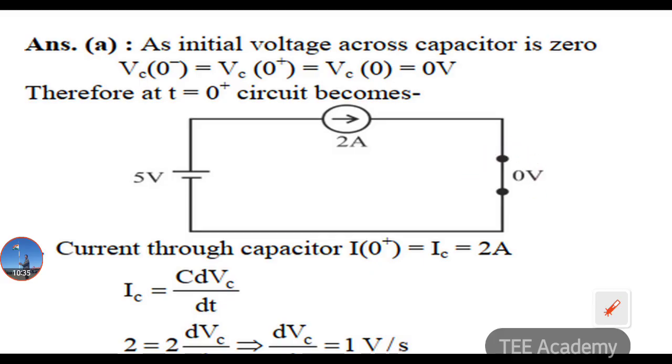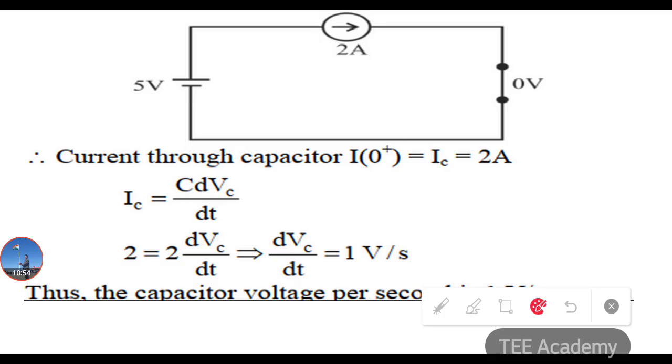Okay, initial condition. And the current through the capacitor, Ic is equal to C into dVc by dt. What is I? Current, 2 amps, will flow continuously like this. It's short circuited now, so the current will be 2 amps. So Ic is equal to 2 and the C value is 2 microfarads. So 2 dVc by dt is equal to 2, so dVc by dt is equal to 1 volt